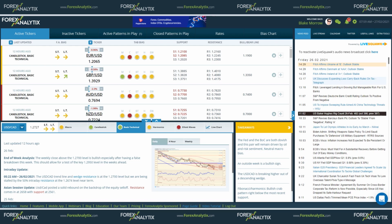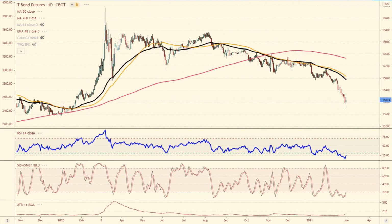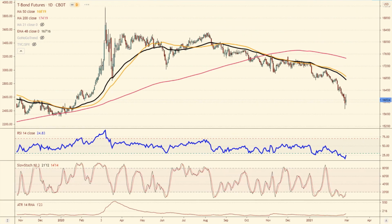All right, let's talk about this last week. So what a move. The first chart I have to bring up is the move in the 10-year. Whether you're looking at the 10-year or the 30-year, you're looking at the bond market and saying, wow, what a move. But let's not ignore the fact that, and this is the 30-year bond market,